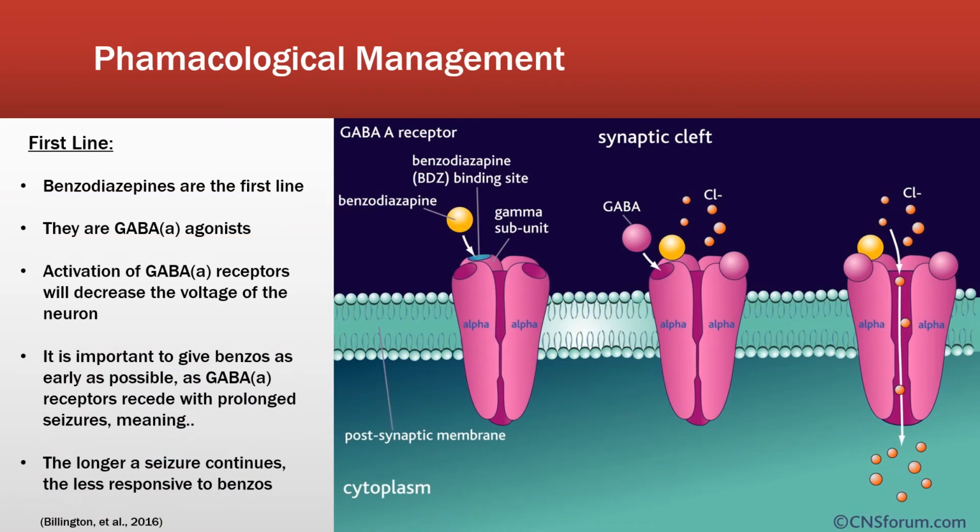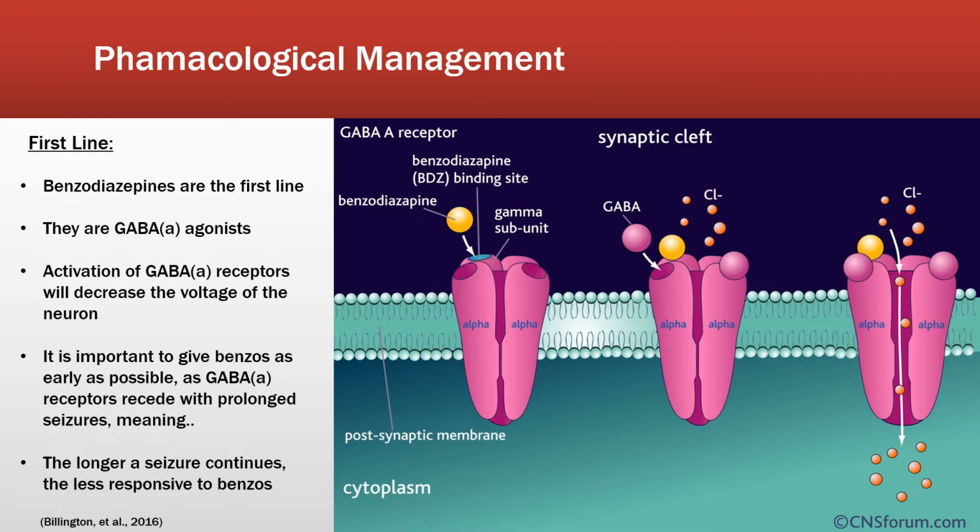Okay, so we have already mentioned the use of benzos as our first line management in seizures. So let's have a look at how they work to actually stop a seizure. These here are the GABA receptors, which we looked at previously. They sit in the membrane of the postsynaptic, or the receiving, neuron. We can see that our benzo in yellow is fairly interchangeable with our endogenous GABA, which is degranulated from the vesicles of the presynaptic, or the sending, neuron.